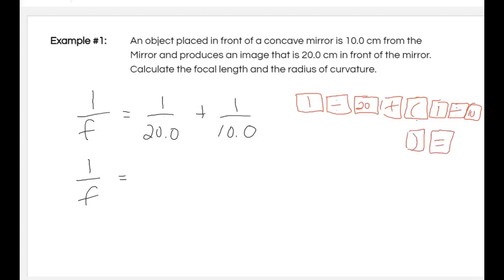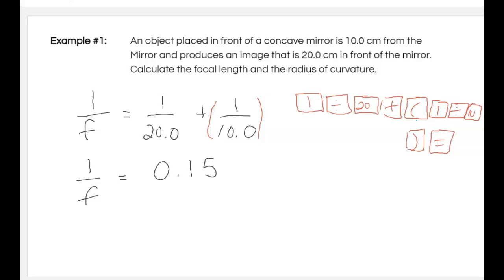Let me just review that again, because that's a lot. You're going to go 1 divided by 20 plus, and then use your brackets, 1 divided by 10, and then equals. Go ahead and type that in and make sure that you get the same answer as mine. If not, this is maybe an occasion where you would want to reach out on a Zoom meeting so that we can sort this out. So 1 divided by 20 plus, and then brackets, 1 divided by 10, close your brackets, and then equals, and you should end up with